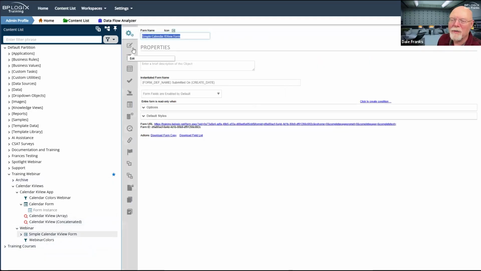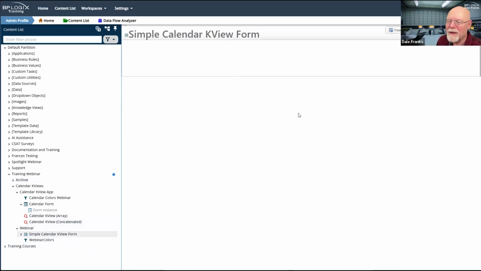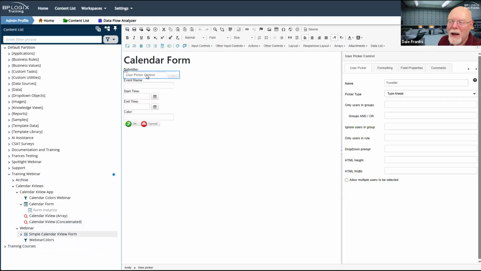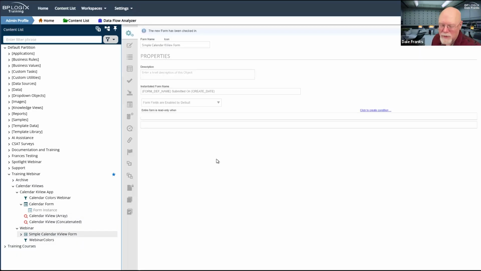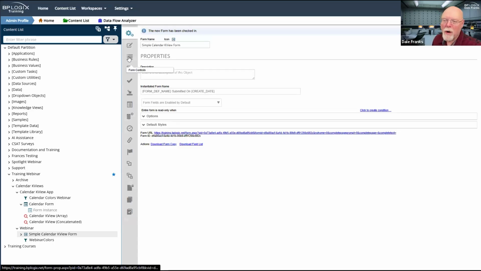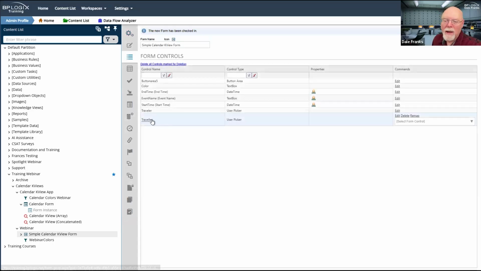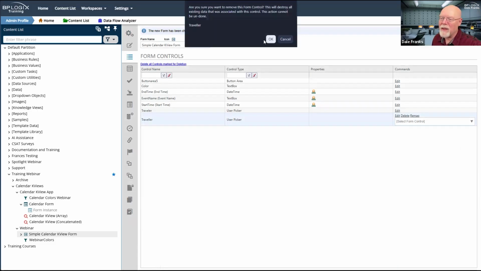So we'll go back into our form. And I named that with two L's, didn't I? I have to name it with one L. All right, this is going to cause some agitation in the form. So we are going to have to go to the form controls tab of the form because my old field traveler has been replaced by traveler. And so I'm going to have to delete this field.